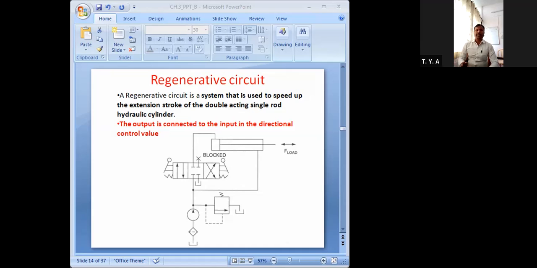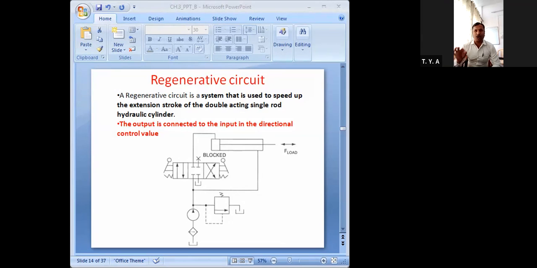That means whatever output fluid comes from the rod end of the hydraulic cylinder, that fluid you can use once again at the inlet of the direction control valve.